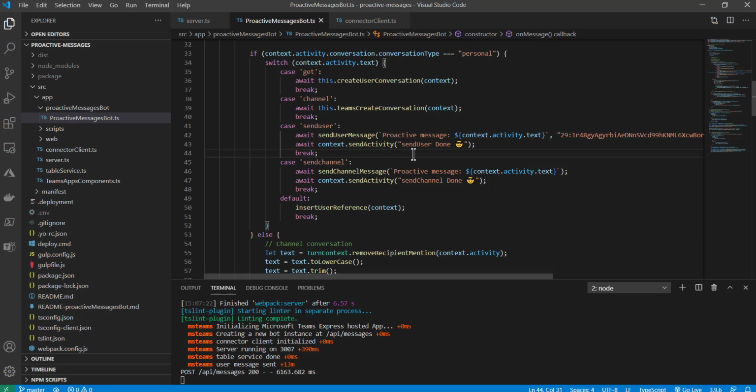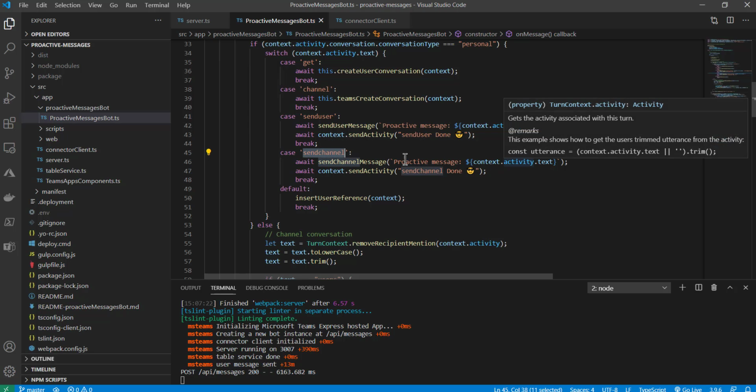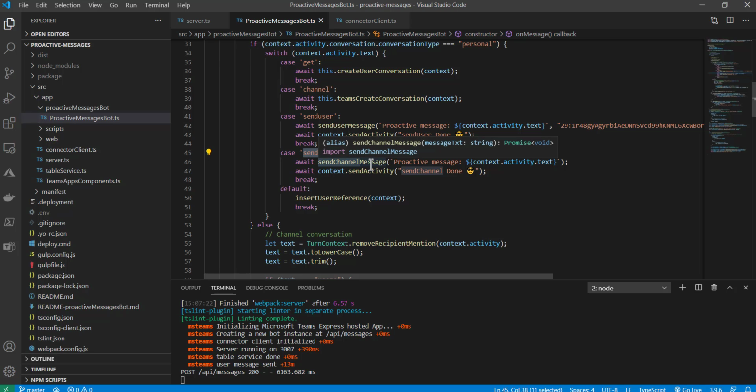Now for the second part of this demo, I have created a similar method called sendChannel, which requires only the text from the user to the bot again,